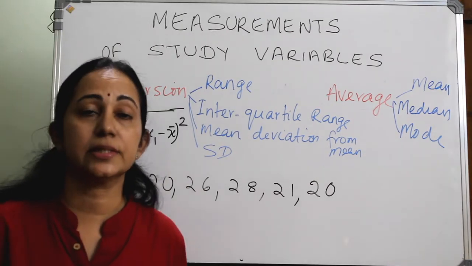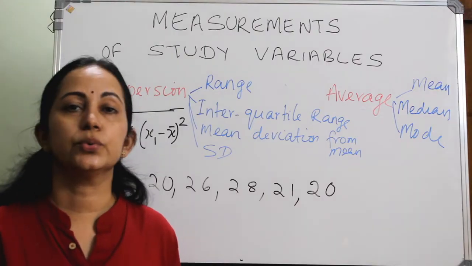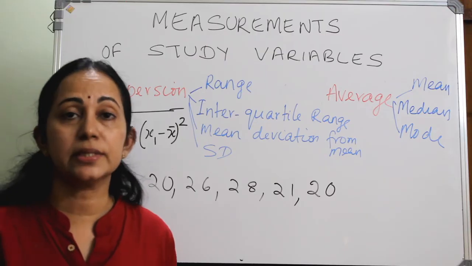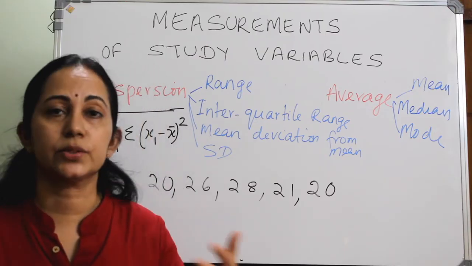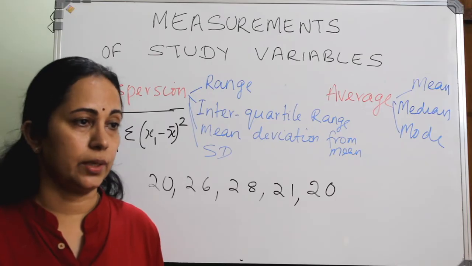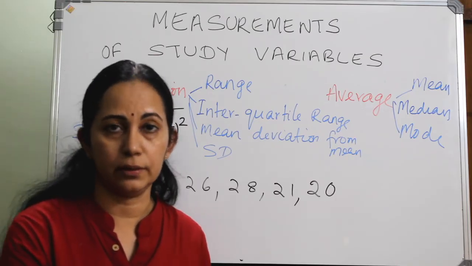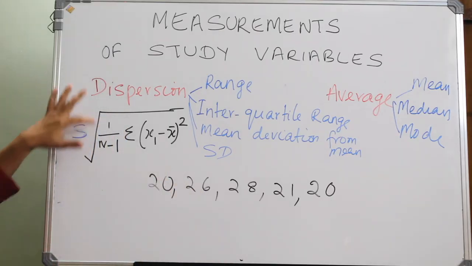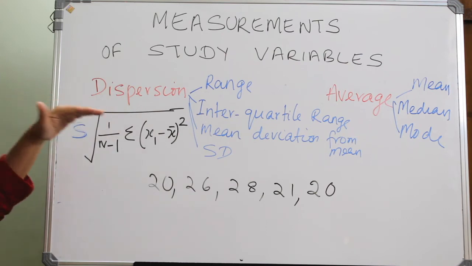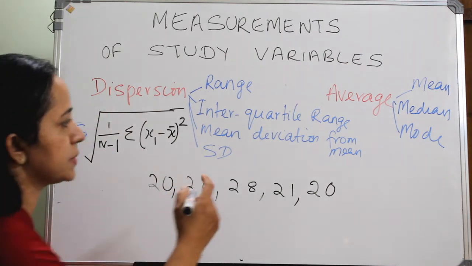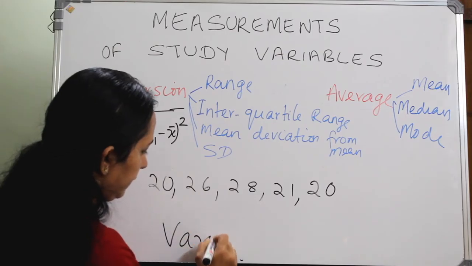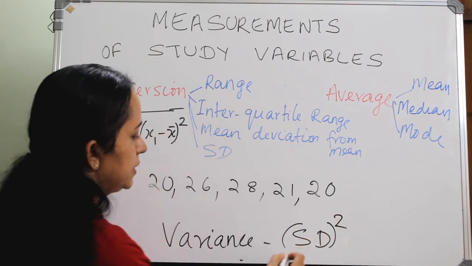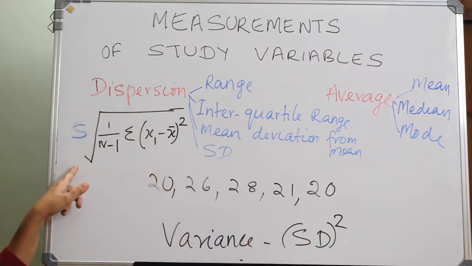The standard deviation is the most important and most commonly used measure of dispersion, and the advantage is that it is calculated in the same unit as that of the measured observation. Okay, same unit as the observation. So that is an added advantage. Usually it is calculated as a square root, and if you take the square of the standard deviation, that becomes the variance. So standard deviation is actually the square root of the variance.